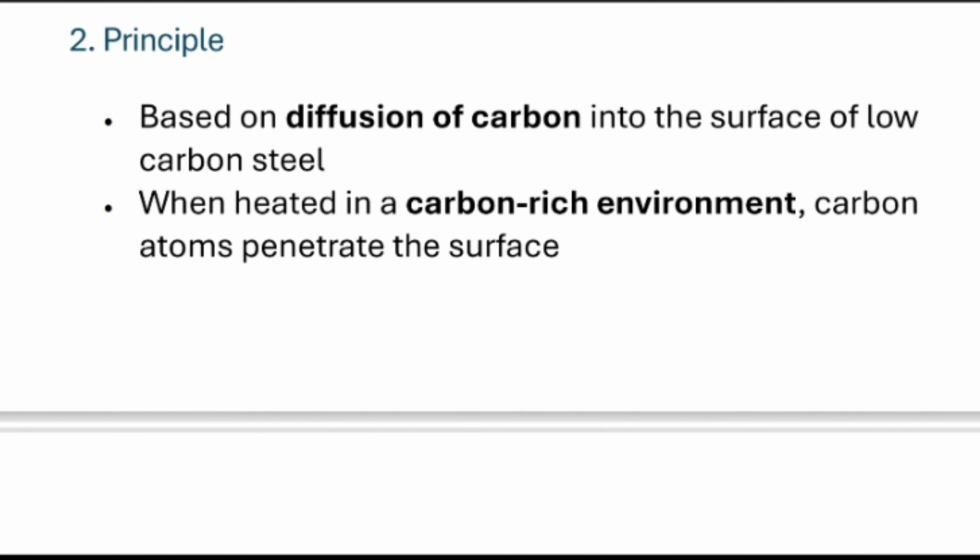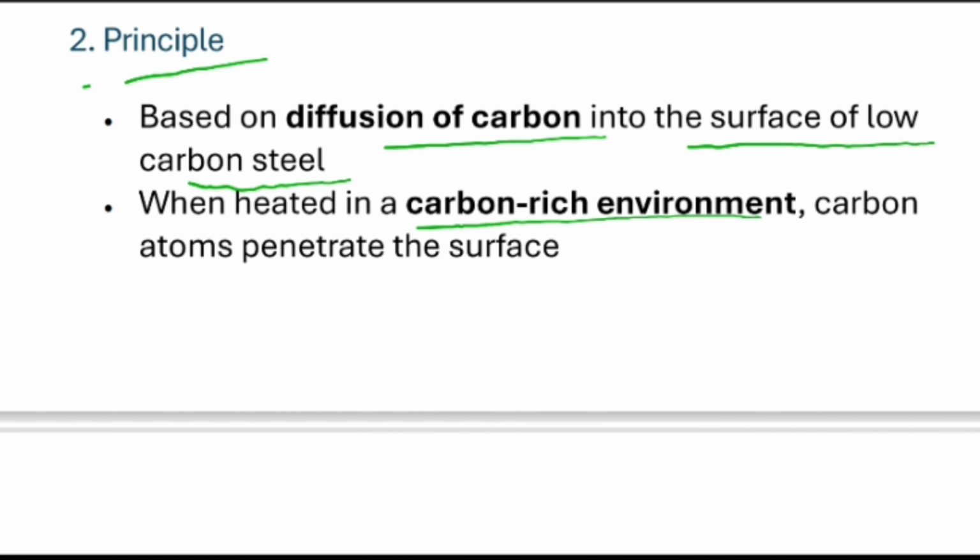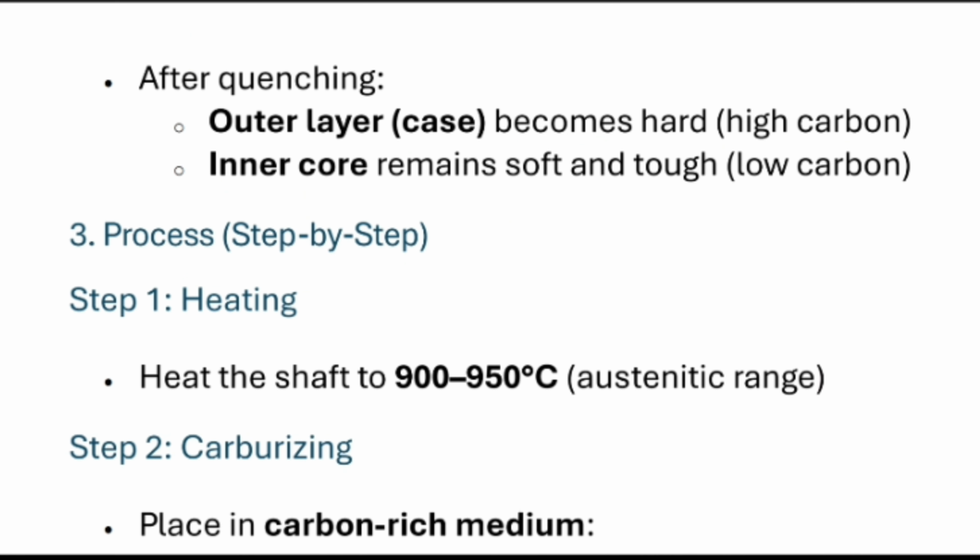Coming to the principle, it is based on the diffusion of carbon into the surface of a low carbon steel. When you heat it in a carbon rich environment, carbon atoms penetrate the surface. After quenching, the outer layer, which we call the case, becomes hard and high carbon, while the inner core remains soft,